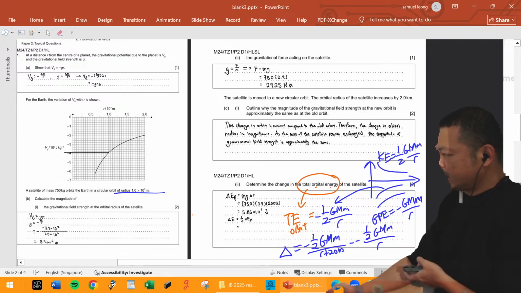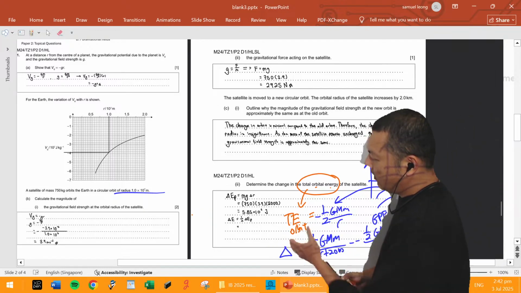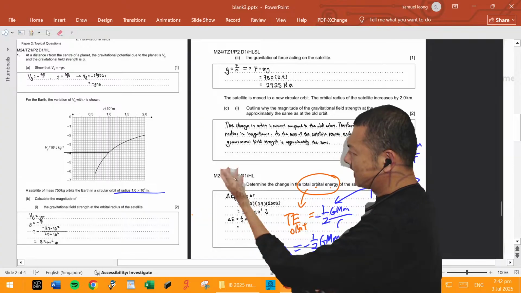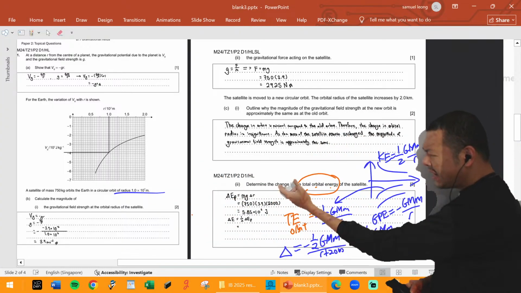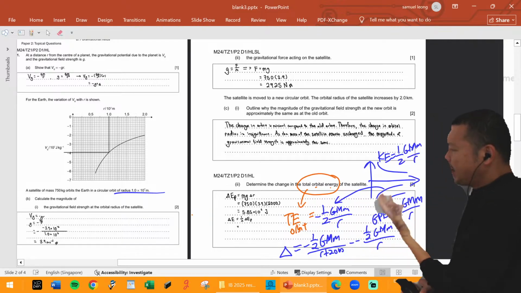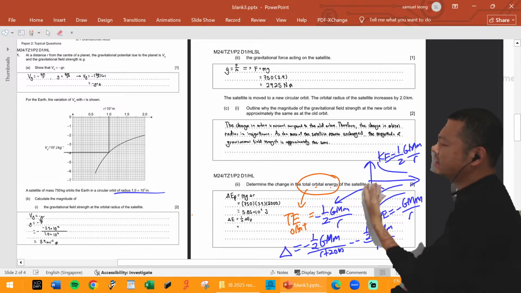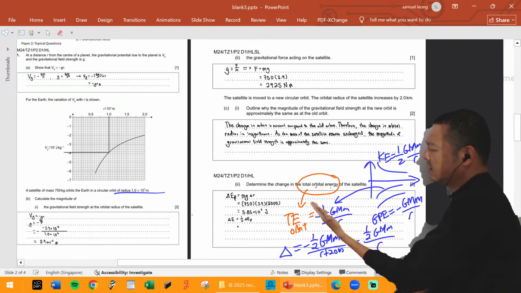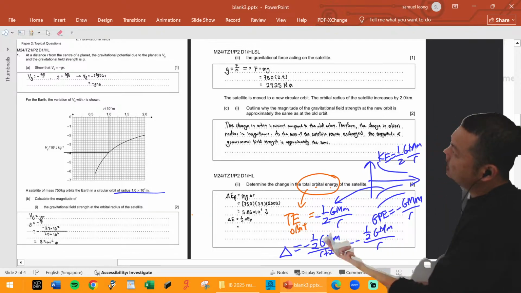I don't know what they're saying there. It doesn't sound too right to me. Either they're using the graph, or they're doing some other calculations for potential energy. I get that, I know what they're doing. But if I were to advise anyone on how to do this question, this is my advice. They ask me for total energy, so I'll go find total energy. I have all the values, right?